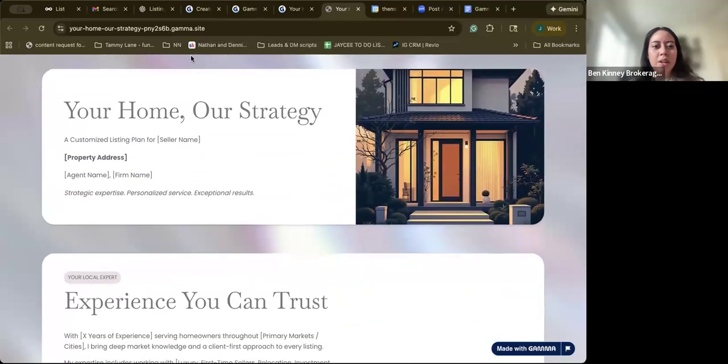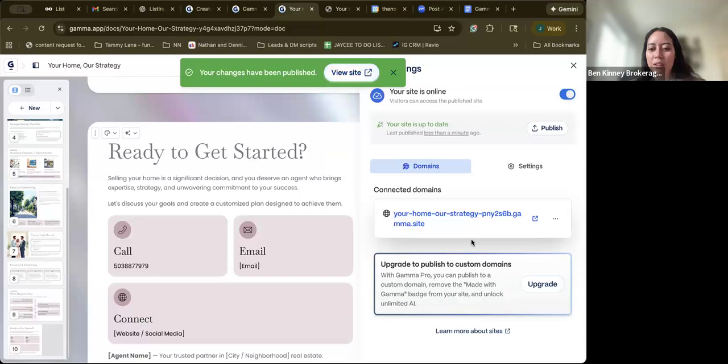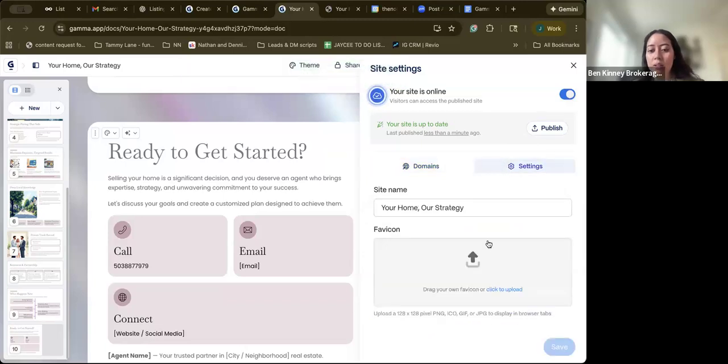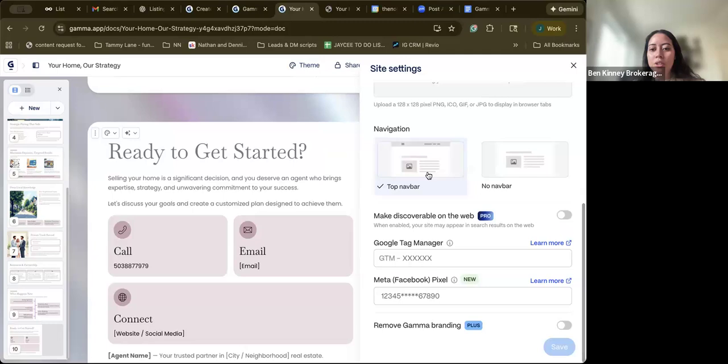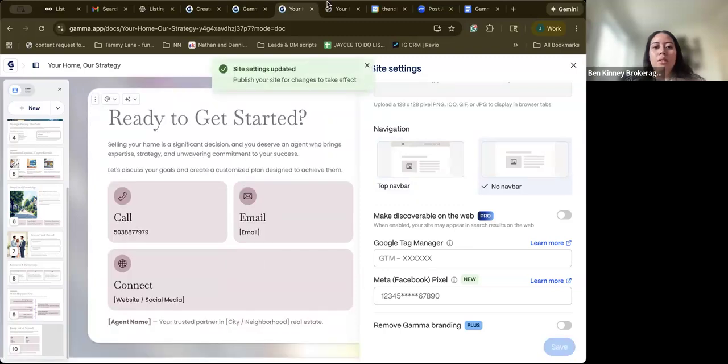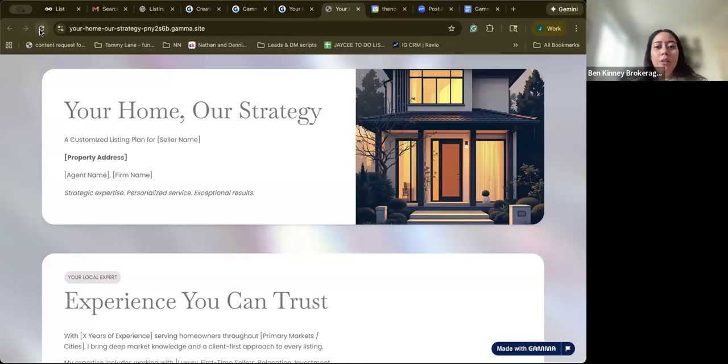Now, where's my nav bar? I didn't choose a nav bar, did I? Okay. Upgrade to publish with custom domain. That makes a lot more sense. Settings, go here, top nav bar, no nav bar, top nav bar. I thought it would create a top nav bar, so top navigation bar is not set up. Either way,